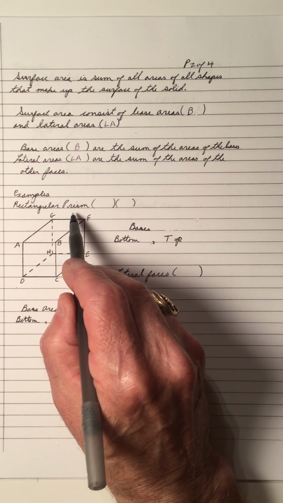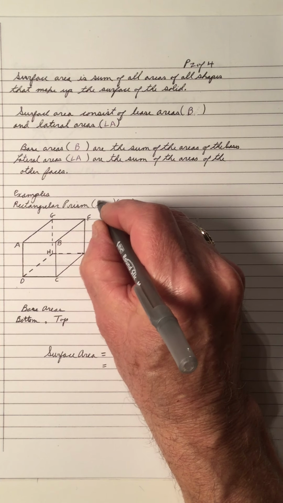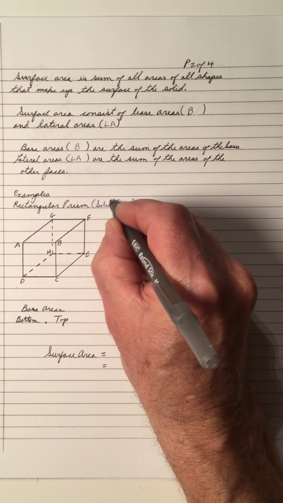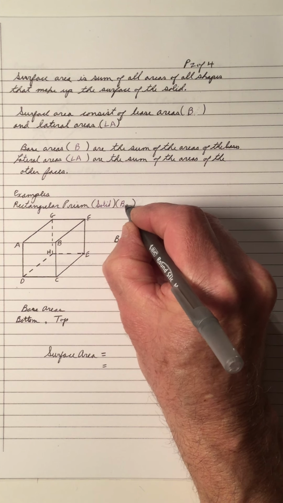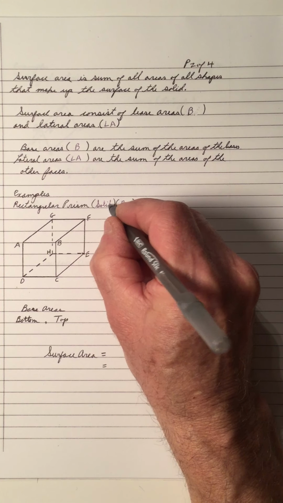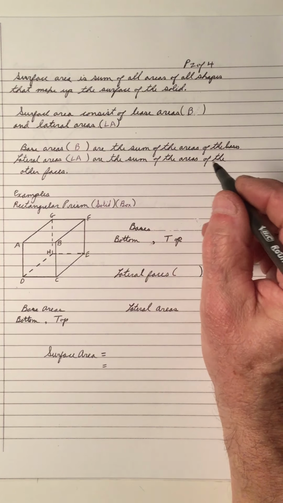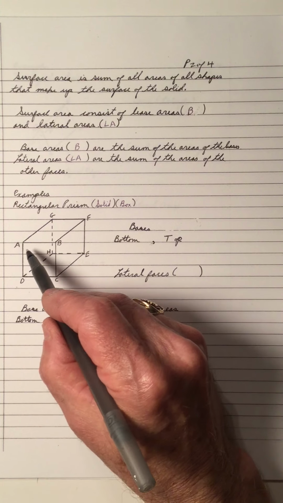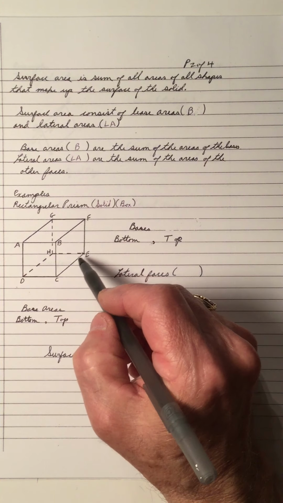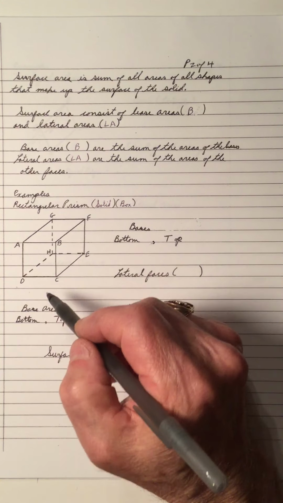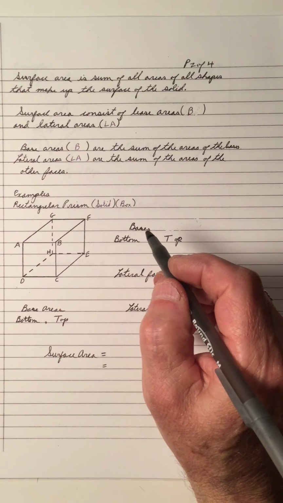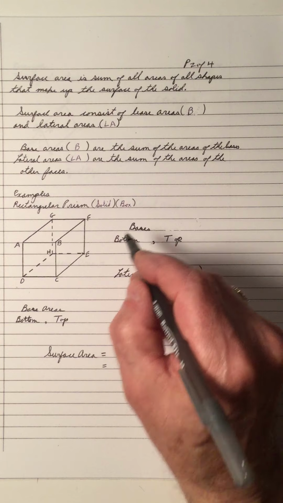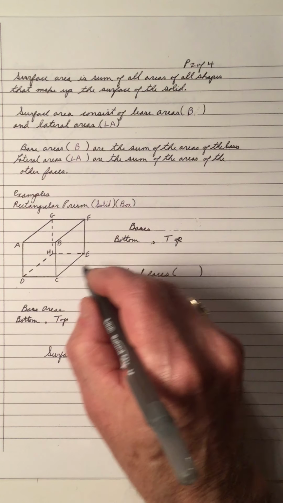A rectangular prism. A rectangular prism is sometimes called a rectangular solid, or it's called a box. Right here I have a box with all the vertices labeled, and it's three-dimensional, as you can see by the dotted lines. The bases are the bottom, which is